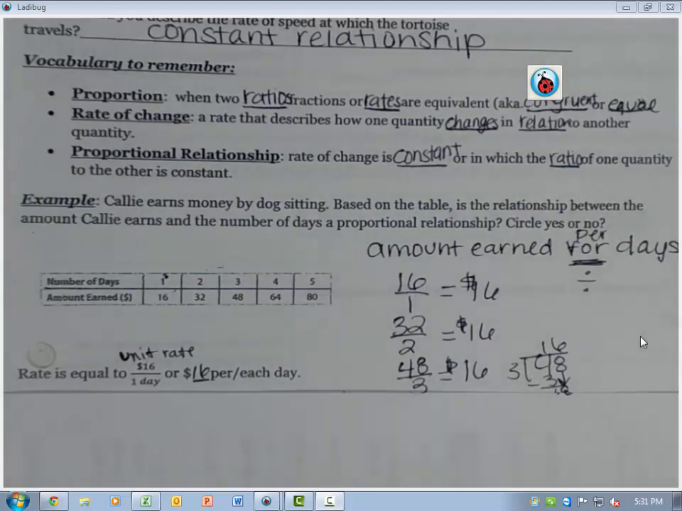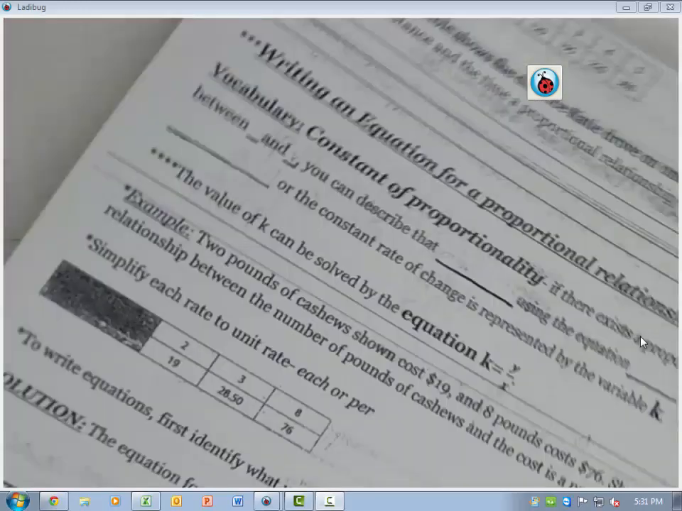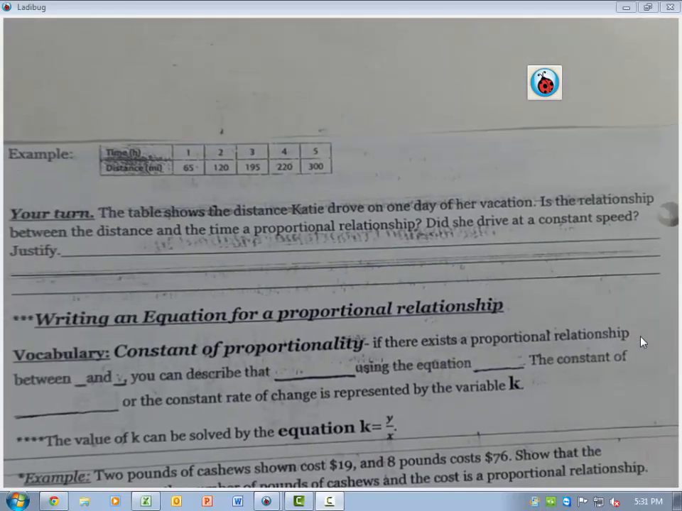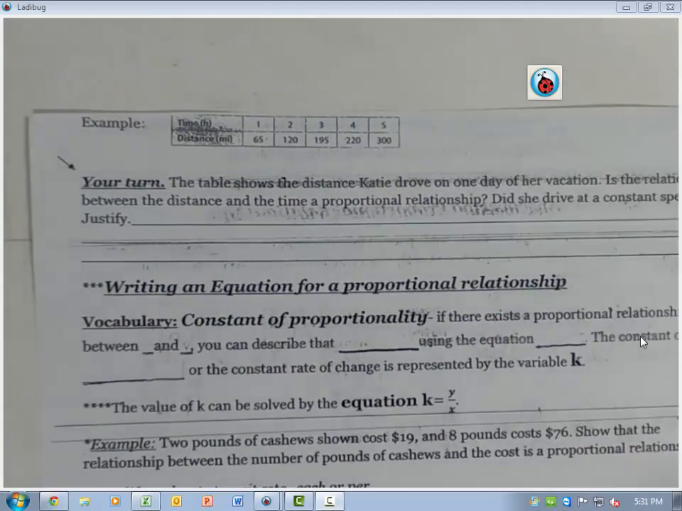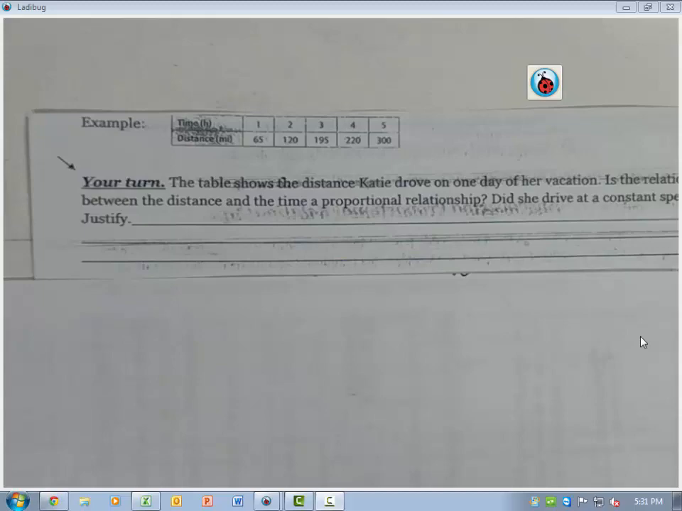Alright, let's do some more examples. Okay, so I want you to pause me and try the back. I want you to do the number where it says your turn. I want you to try that one by yourself and then come back. Okay, so this question,